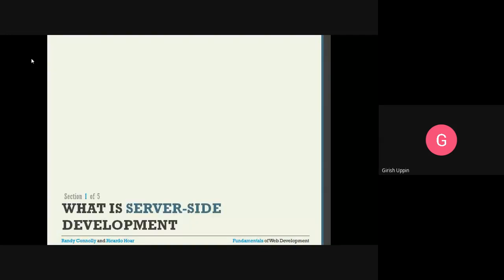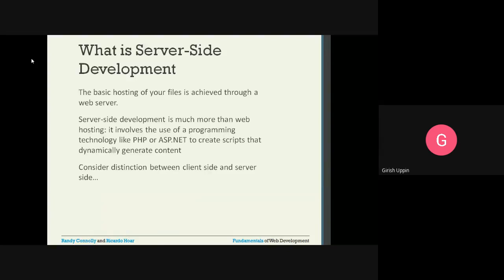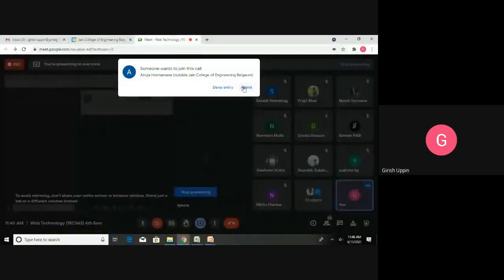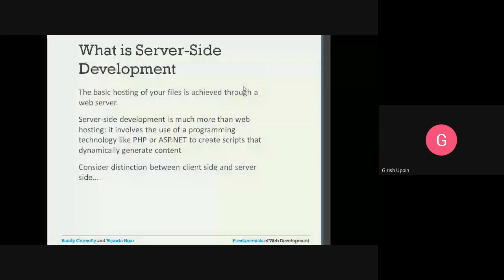What is server-side development? The basic hosting of your files is achieved through a web server. Hosting is like whenever you have a web application, then all the web application components you will host into a web server. That component will work as a server side.